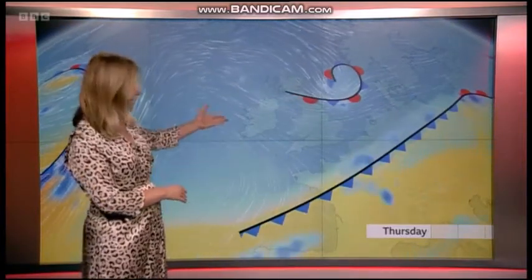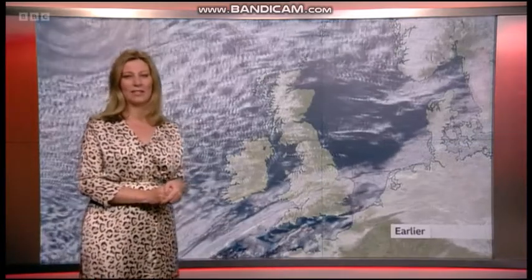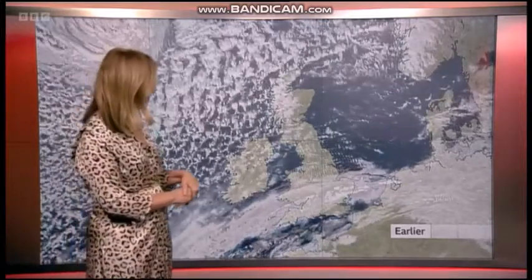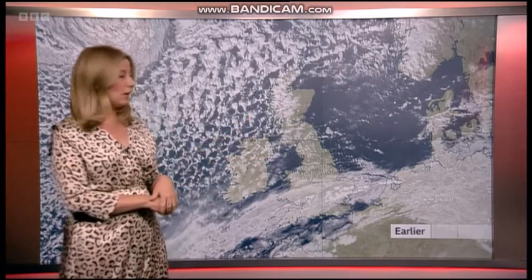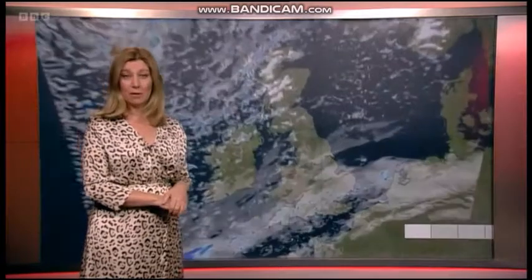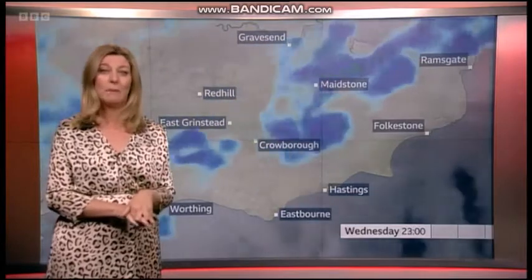You can see behind it, it is a very, very definite colder air mass behind. So that cloud has been sinking towards us through the day today. We had the sunshine, as you can see, but that cloud is pulling its way in now, and behind it, yes, it is an awful lot colder. And of course, as you may know, there are some weather warnings for snow in parts of Scotland because of that colder air mass. Now, we're not looking at anything like that, but in the coming hours, certainly we do